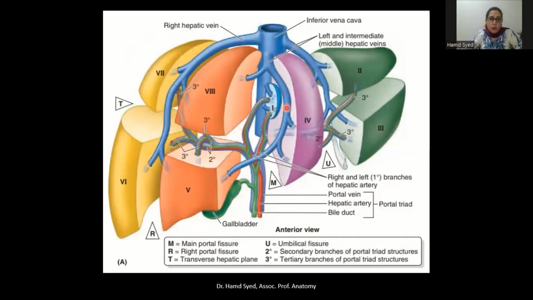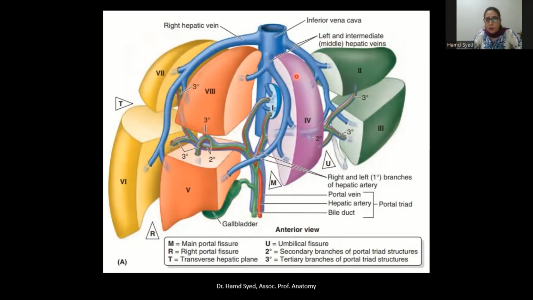Now the sectors, as I told you, are, this here is the left lobe of the liver, and this here is the larger right lobe of the liver. The 4 sectors are, you can see, right medial and right lateral, and over here in the left lobe, you have the left medial and the left lateral. So the 4 sectors, these are formed by, if you look over here in the right lobe, this here is the right hepatic vein, which is running in the right portal fissure. Because of this right portal fissure, the right lobe is divided into a right lateral and a right medial,